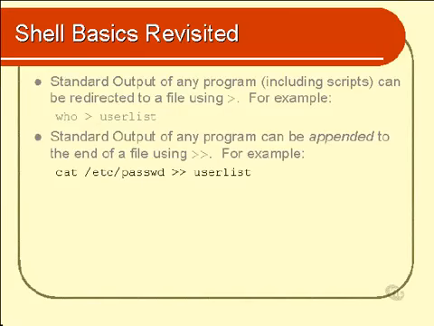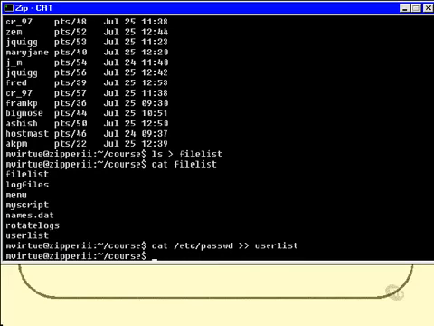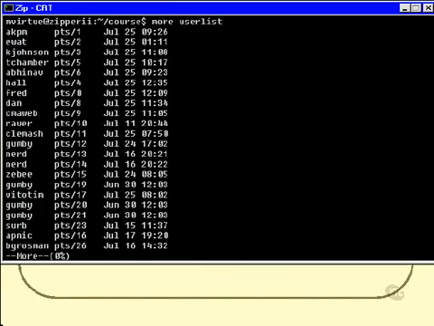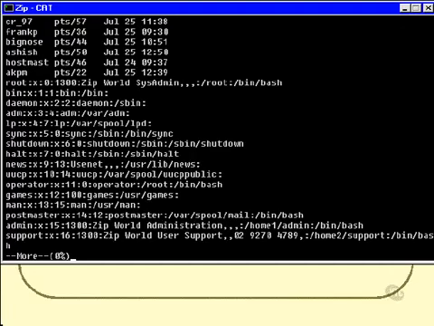Let's do exactly that. If I cat /etc/passwd onto the end of my user list file, I can now do a little more on user list, and I find that the first couple of pages of it are a list of who's logged in, and then I find the actual contents of the /etc/passwd file, which is in fact a list of all the users on the system. Okay, so that's a little demonstration of the double greater than sign. Moving right along,